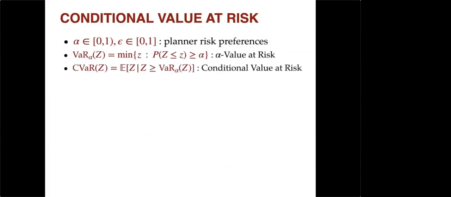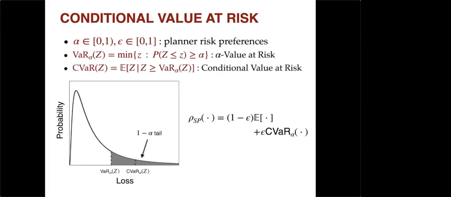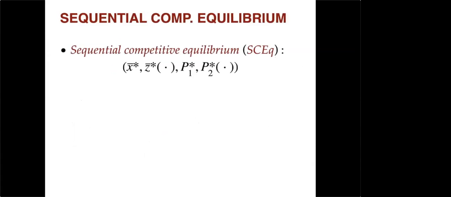CVaR is then the expected value of Z, given that it exceeds the alpha value at risk. Our risk measure is a weighted combination of expectation and the alpha CVaR. Note that epsilon equal to 0 recovers the case where we optimize the expectation of total cost, or the risk-neutral case. In previous work, when the planner was risk neutral, we established the existence of a sequential competitive equilibrium,